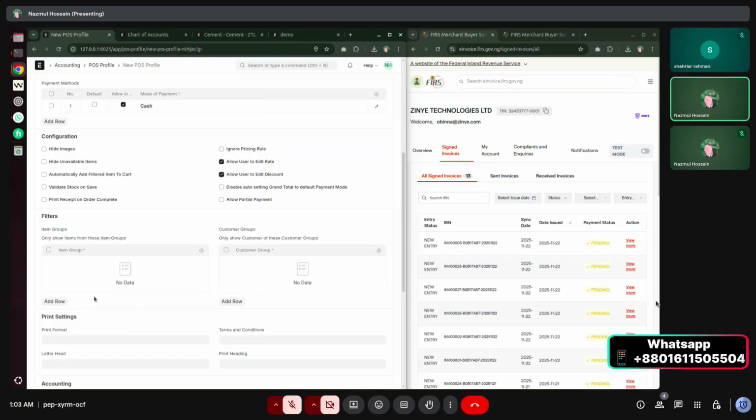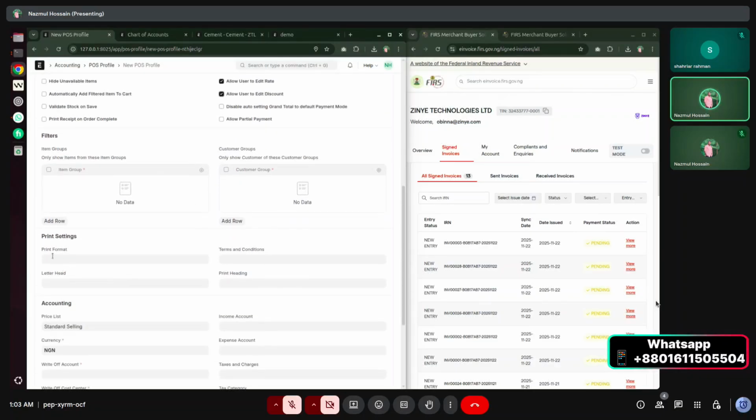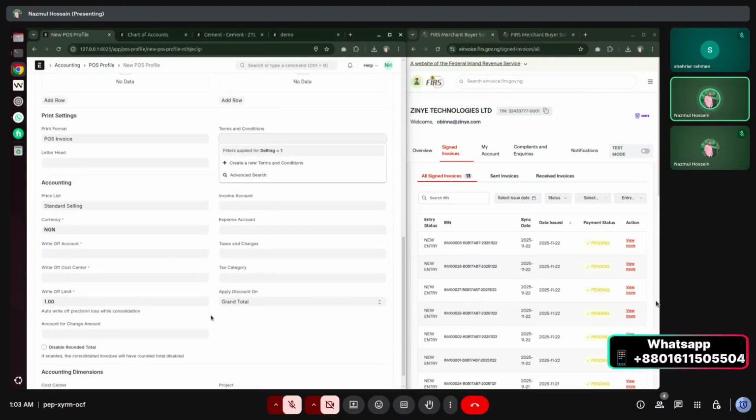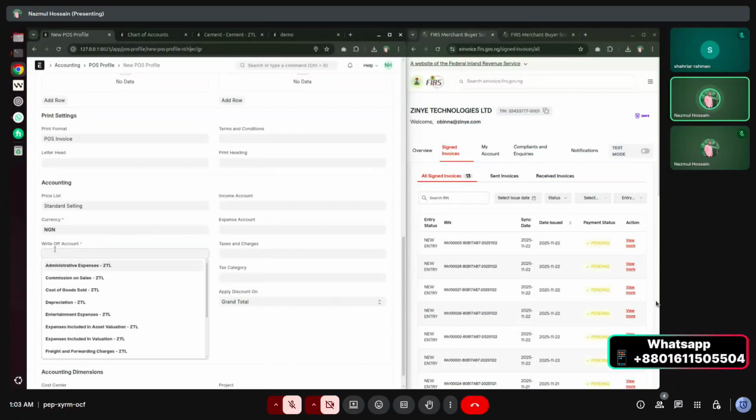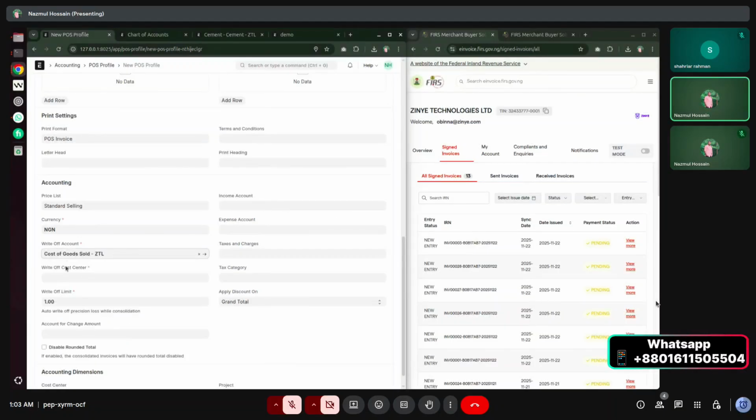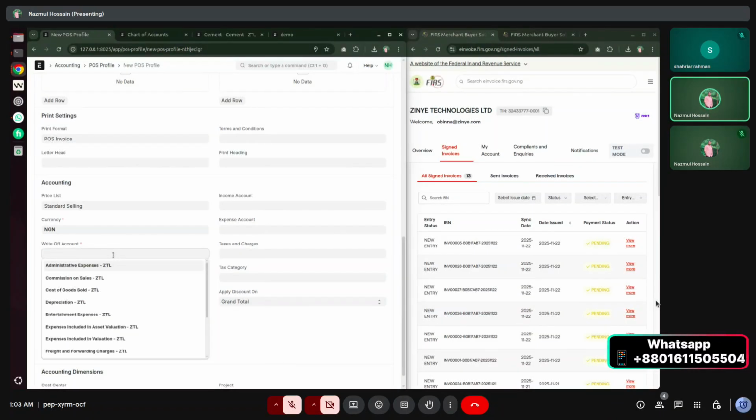edit discount. Okay, so you can also add the pause invoice for print format, and if you want to add to terms condition, you can add, and everything is here. So you have to add right of account, right of account means